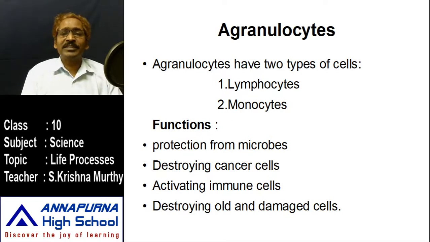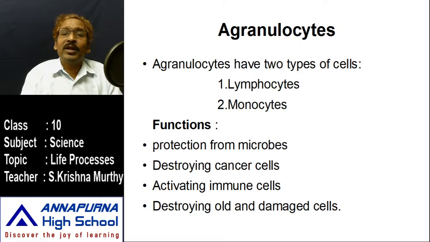What is the major function of the agranulocytes? Protection is the major function. And not only that, our body may have some cancer cells. What are cancer cells? We have trillions of cells. Among them, each and every cell should control and coordinate while doing different kinds of activities. They need control and coordination. They need to share with each other, maybe oxygen, carbon dioxide, blood, proteins, vitamins or digested food. Each and every one should be transported from one cell to another cell.